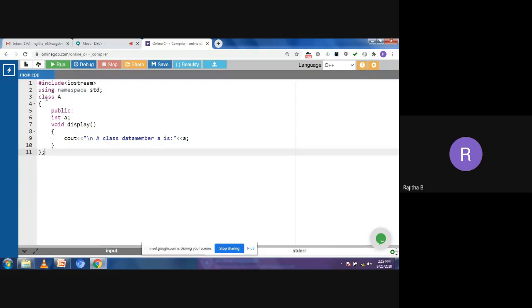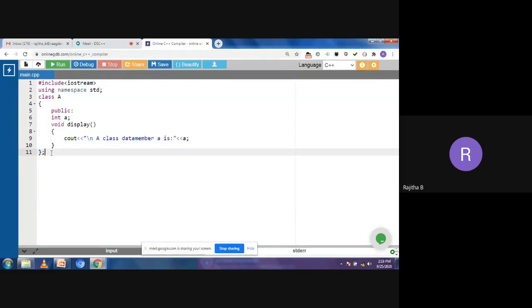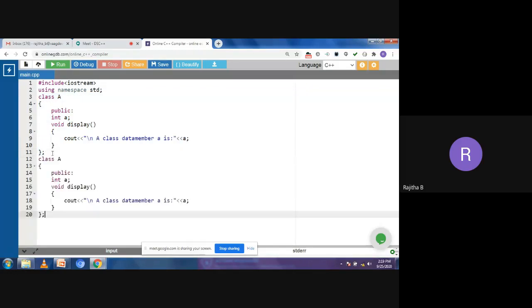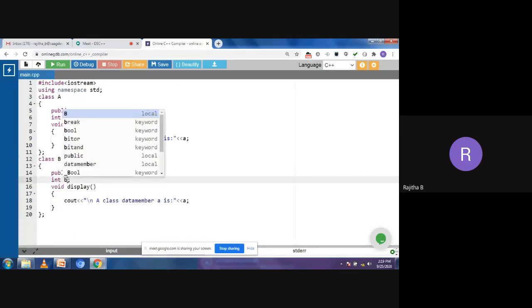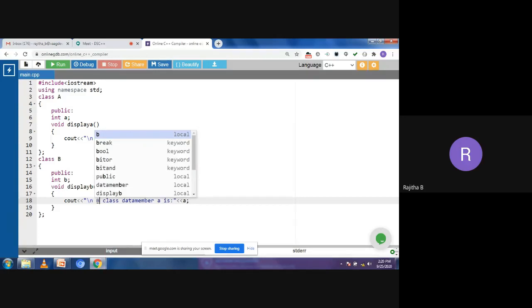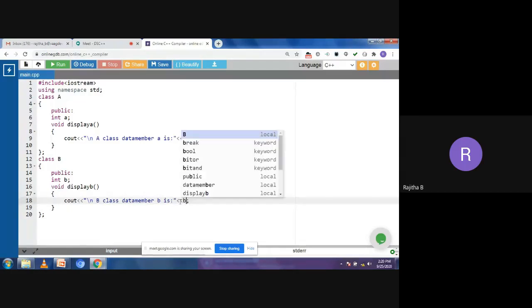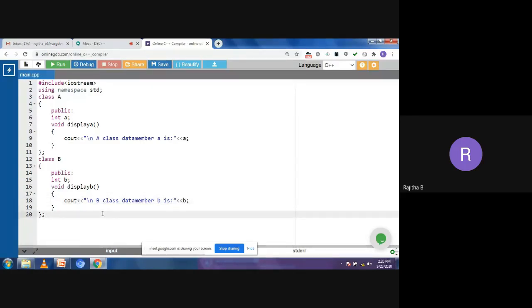Like this, I need to take the B class also, which I'm copying here. Now this is my B class. Here I'm taking the data member as B, with display functions display A and display B, printing the B class data member B. Like that, I need to create a C class also.